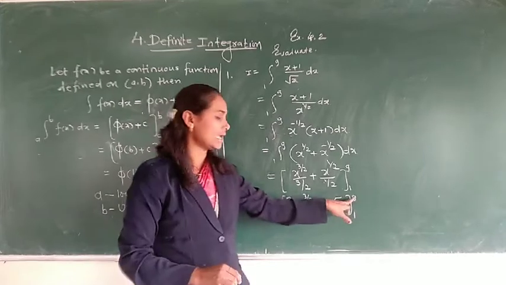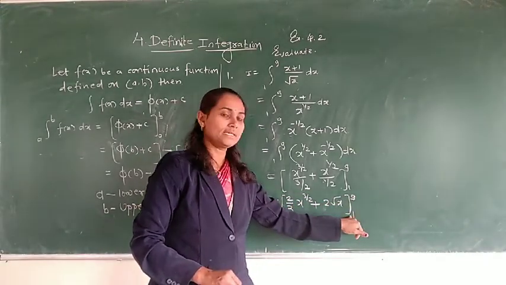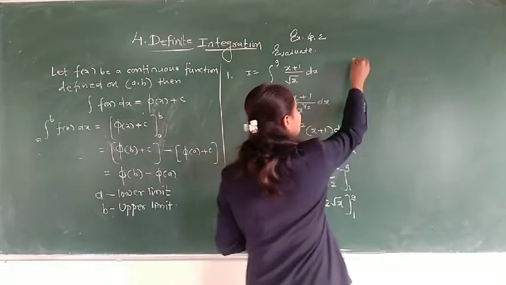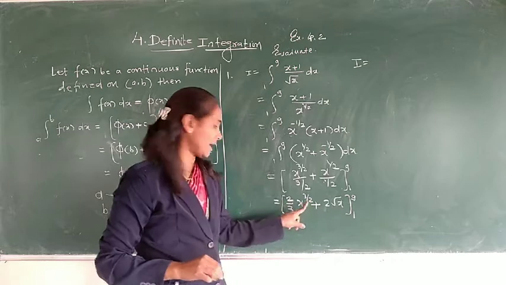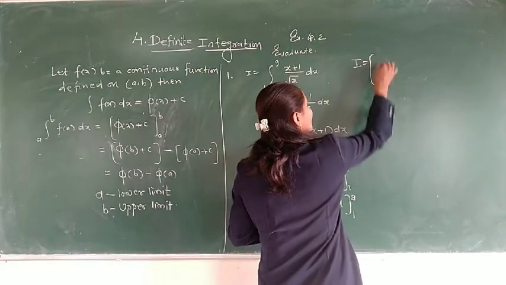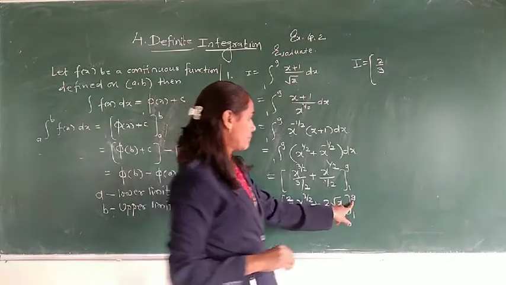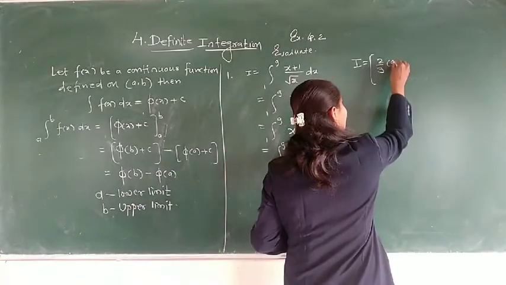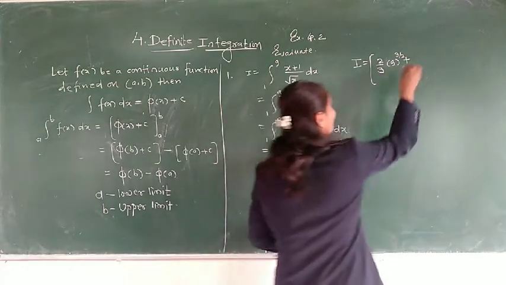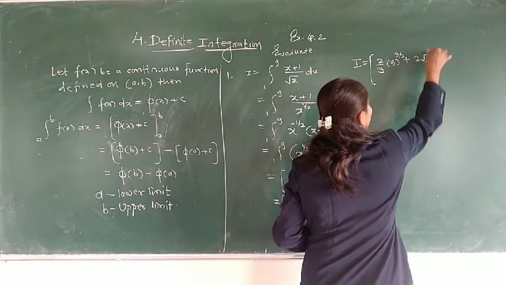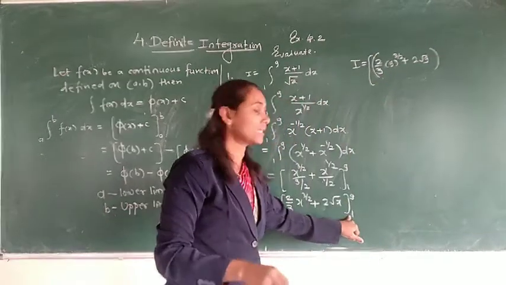Now first use the upper limit instead of x, minus the lower limit instead of x. Therefore r is equal to 2 by 3 x raised to 3 by 2 plus 2 root x. So first the upper limit is 9, that means 9 raised to 3 by 2 plus 2 root 9. This is the upper limit. Now subtract the lower limit,